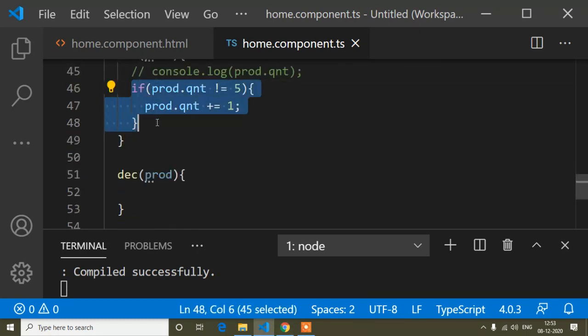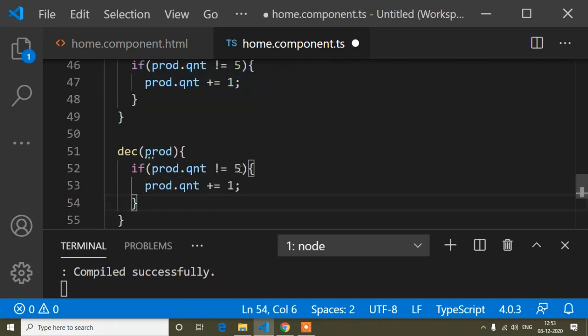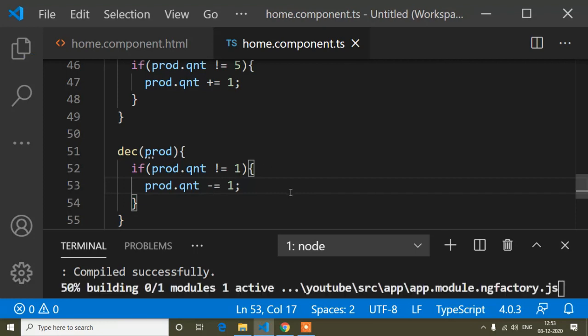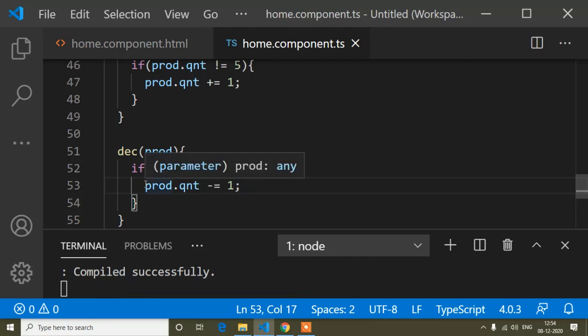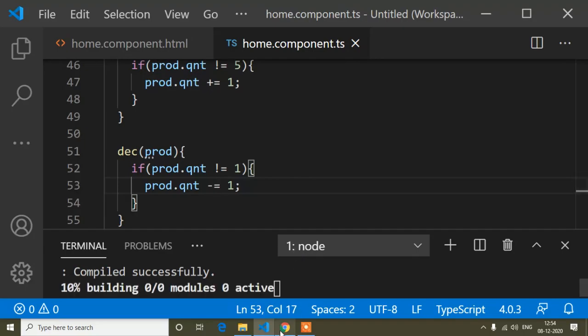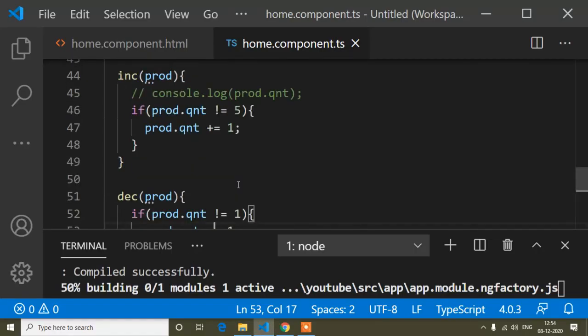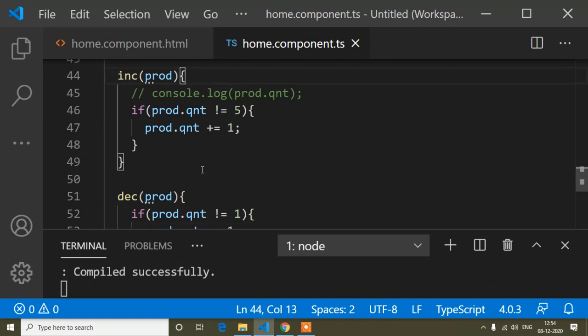And the same way we can write the decrease function. Just here I will copy this one, and the product quantity will not be decreased below 1. So this time the quantity will be minus. That means, guys, if the product quantity comes to 1, then the product quantity will never go to less than 1. I think you can understand this one, because I show you in a very simple way.